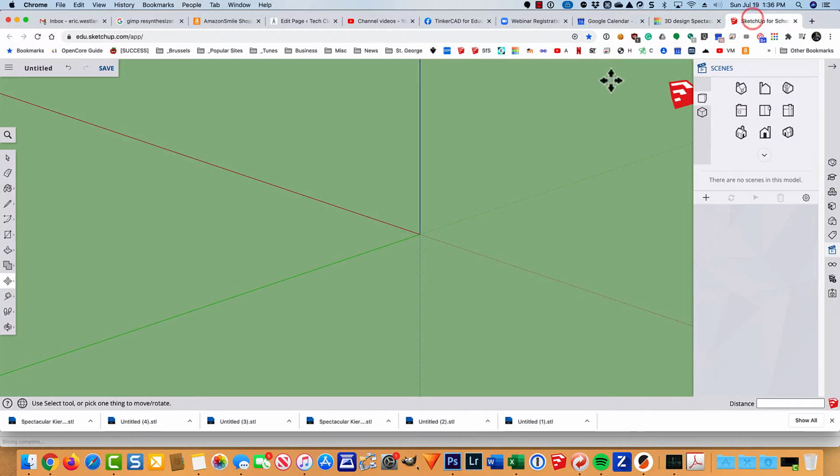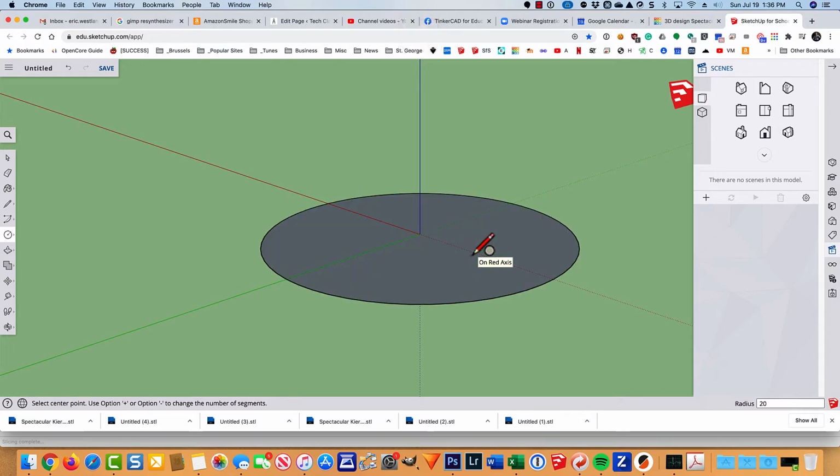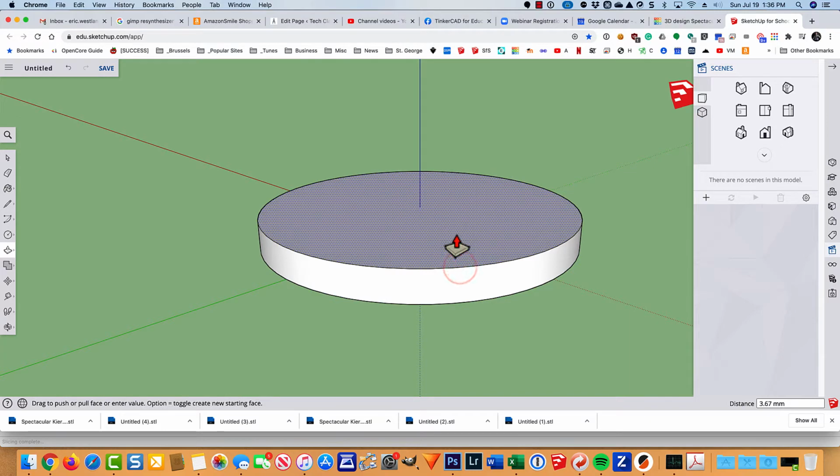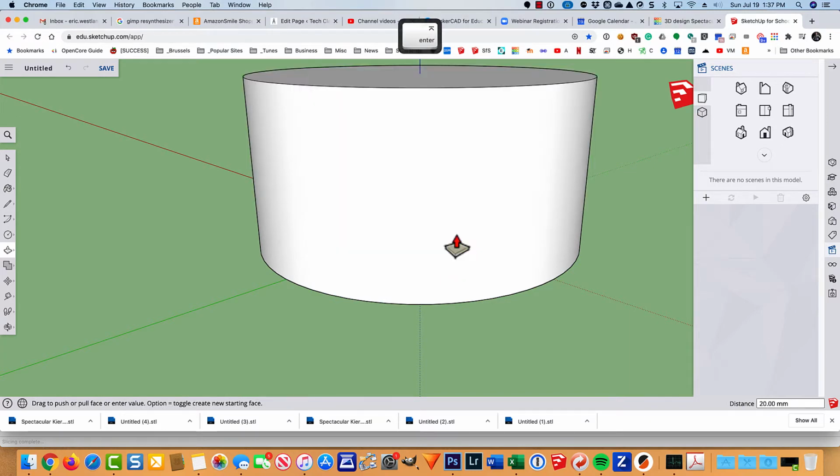If you want to use SketchUp, you can. It's a little more intuitive and probably would solve what you're asking to do here. So I'll just type in C for circle. I'll click here, pull out along the red axis, give it a radius of 20, then use the push-pull tool, pull it up 20, and then